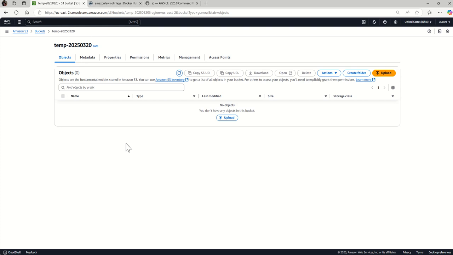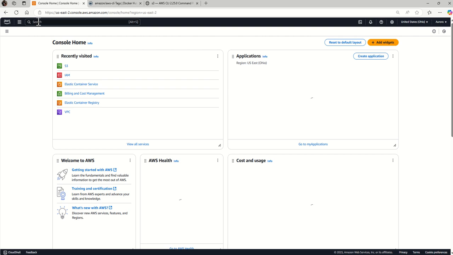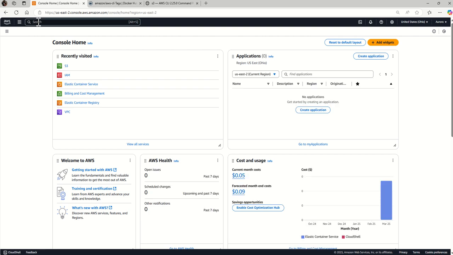Okay, so this user has a username and password. Then I give this username and password to Jenkins, so Jenkins can access my AWS S3. Okay, so we go back to the dashboard and search